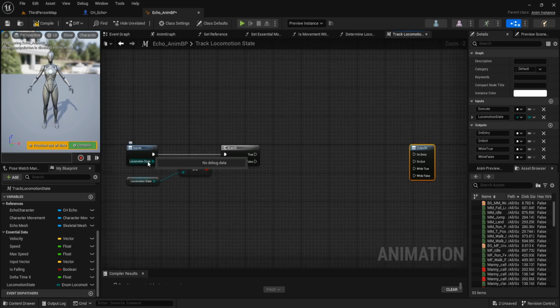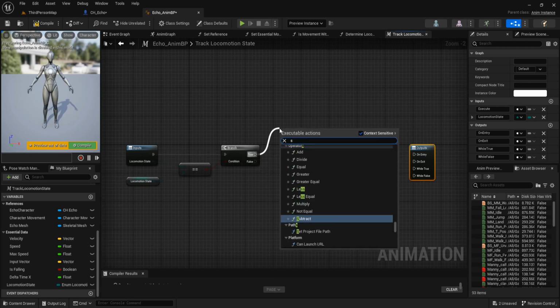We want to check that if the locomotion is the same as the last locomotion state. Then if it's true, create a sequence.